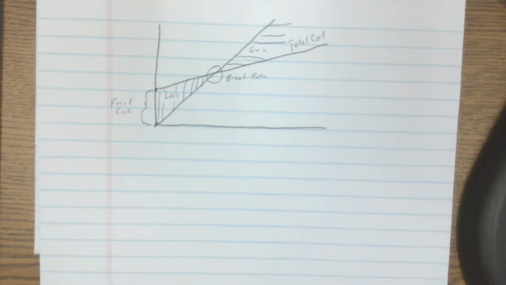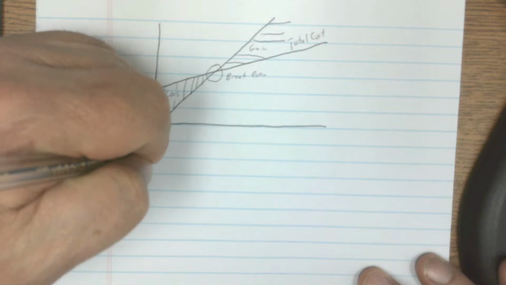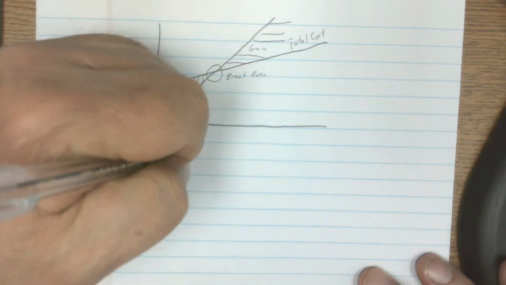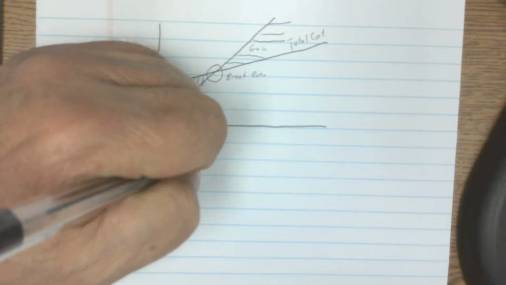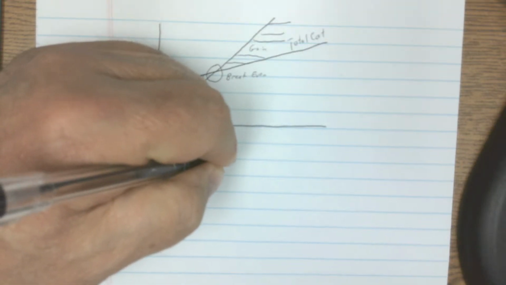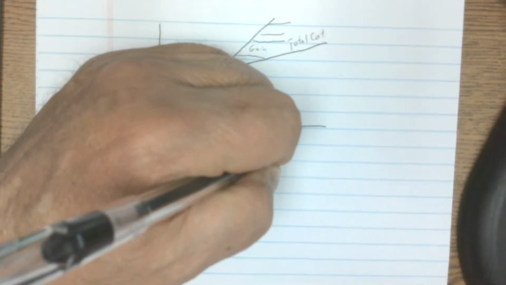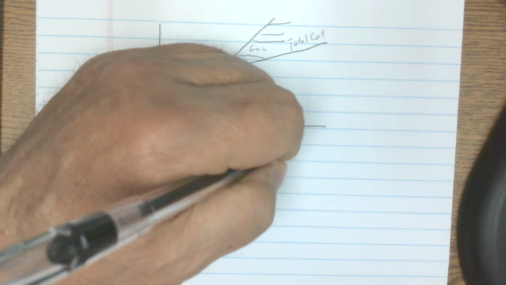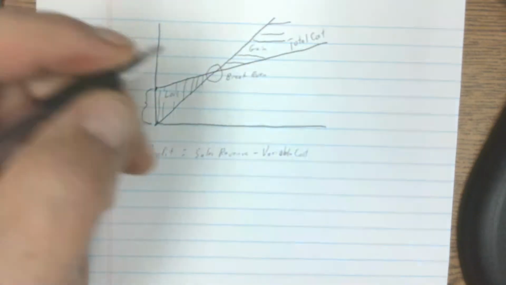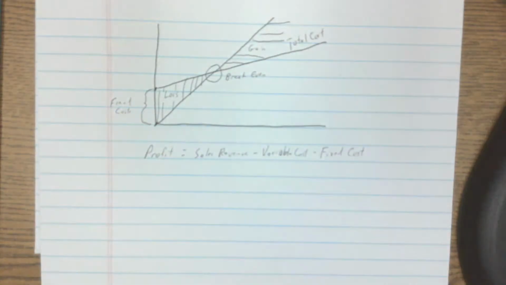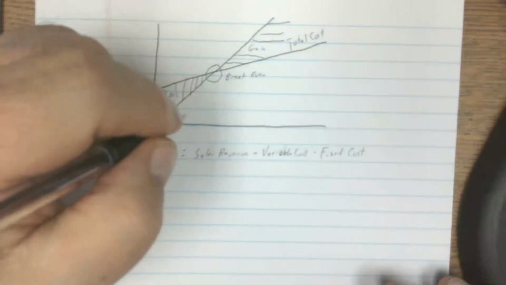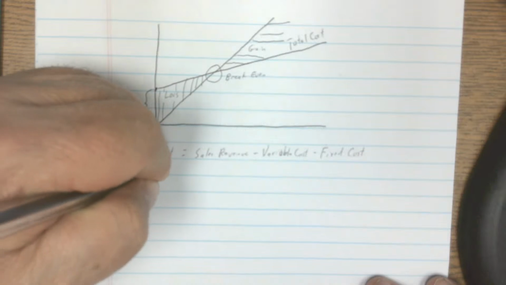Let's take a look at it mathematically. And so we're going to have profit is going to equal my sales revenue minus my variable costs, and that's in total, minus my fixed cost. Okay. Now, so sales revenue can then be broken down